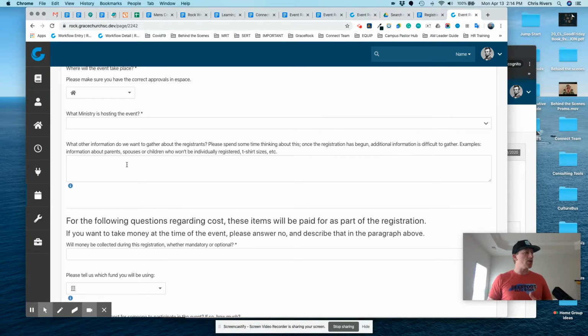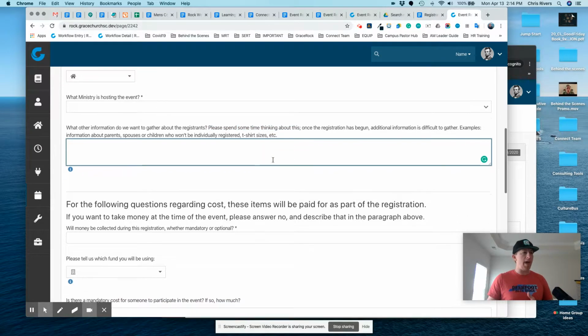And then the next question is, what other information do we want to gather about registrants? So please spend some time thinking about this one. Once the registration has begun, additional information is difficult to gather. So examples here would be information about parents. We want to collect spouses or children who won't be individually registered. We want t-shirts. Anything that you can think of that would be really helpful that you add in this box,